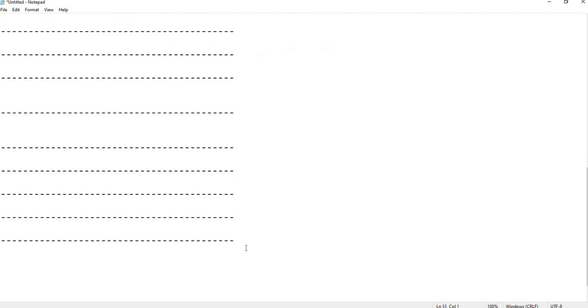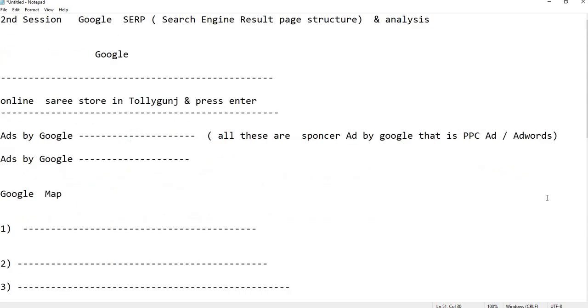In the end, at the below, in the footer area, you have page numbers, like dot dot dot. So that is your total Google search engine result page.